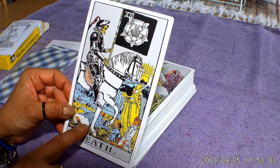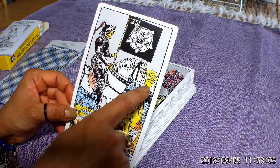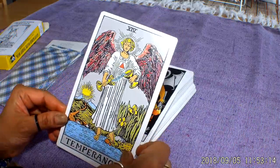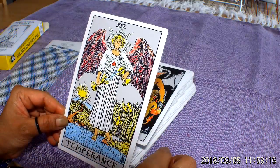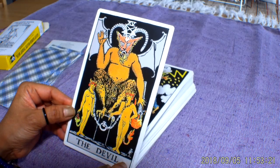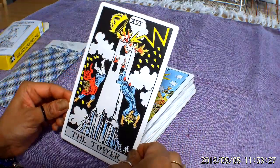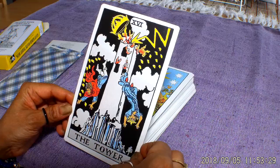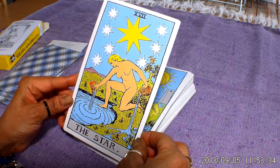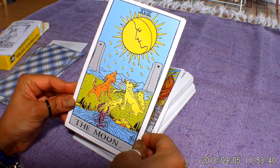So what's nice about the bigger cards, you can actually see the boat going over the river, and the sun in the background coming up over there. You can see these crowns over here in the Temperance card. So it's very important for you to be able to see all the little details that are available. That's why I like this deck. And I used it, and I was quite impressed, because it added such a good dimension to my readings. This is the Star, the Moon,